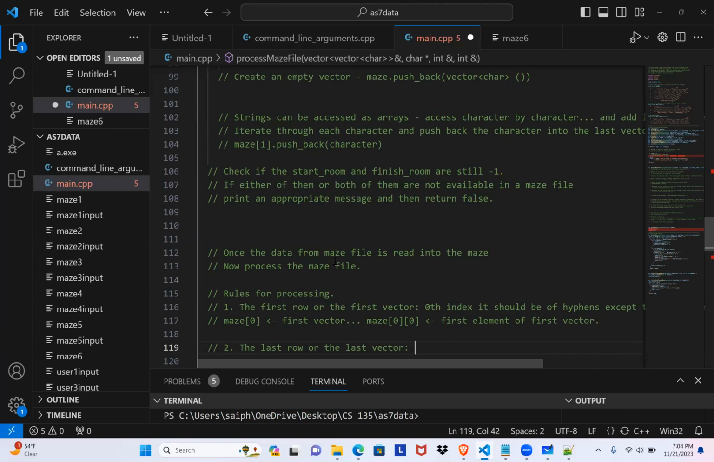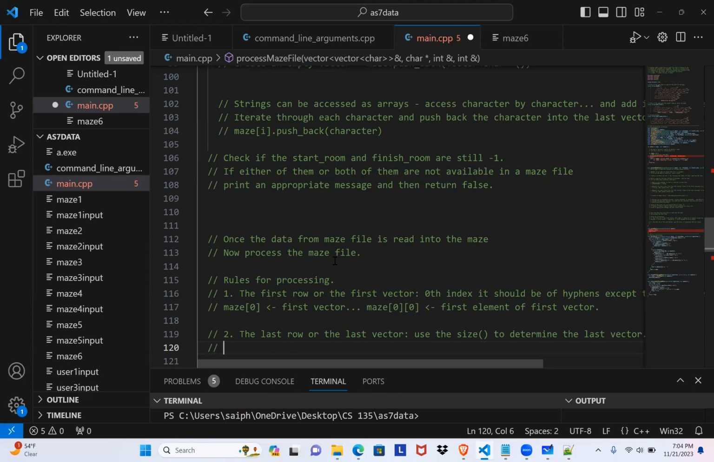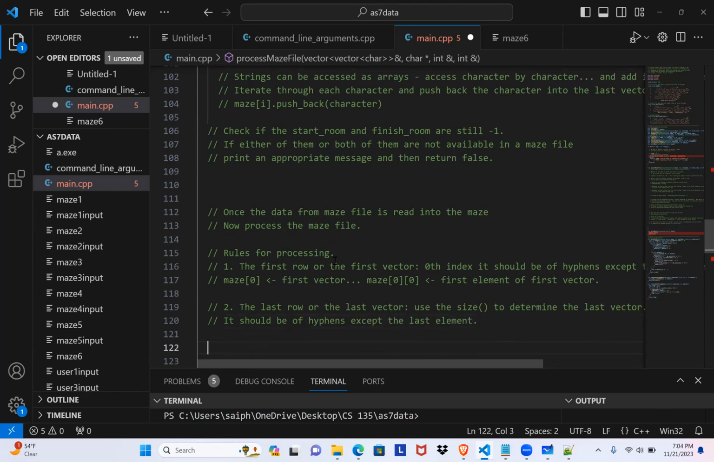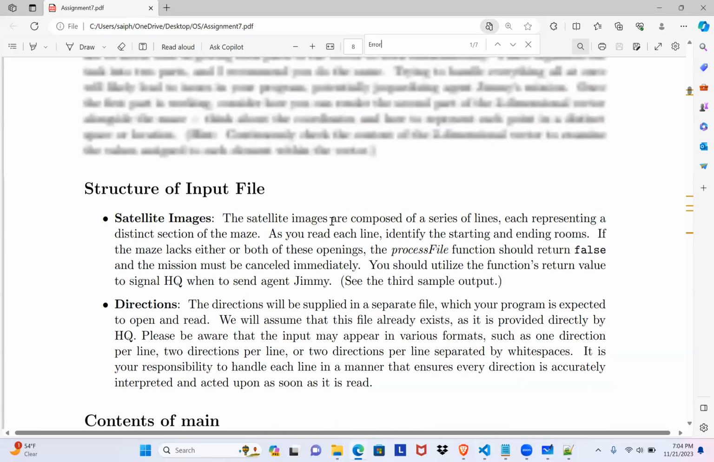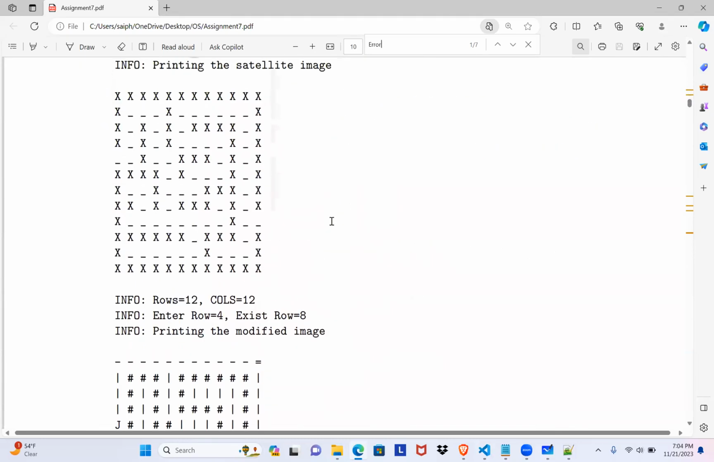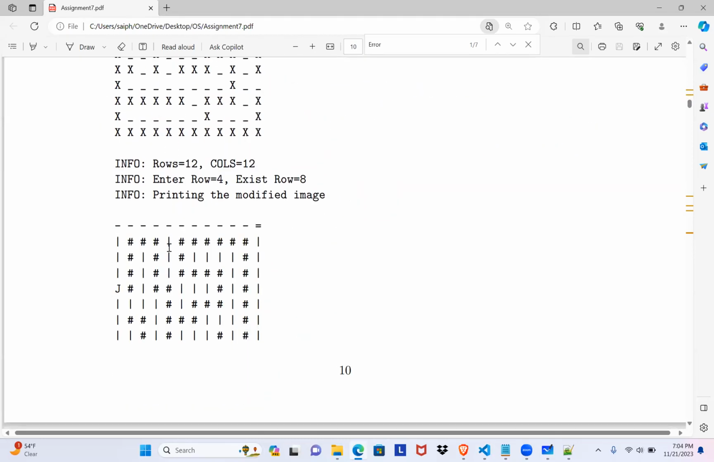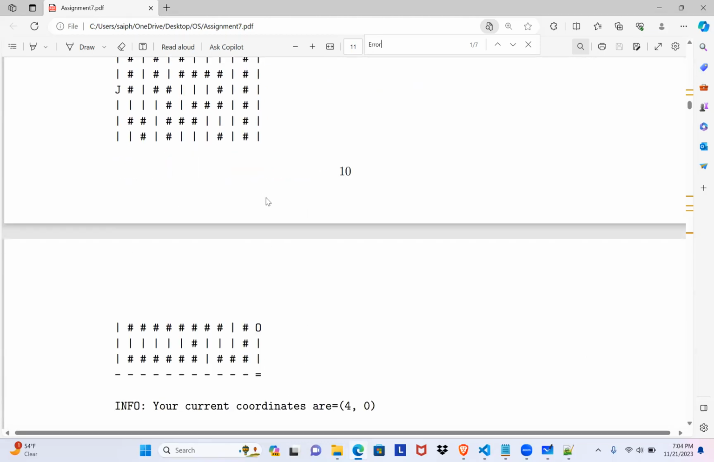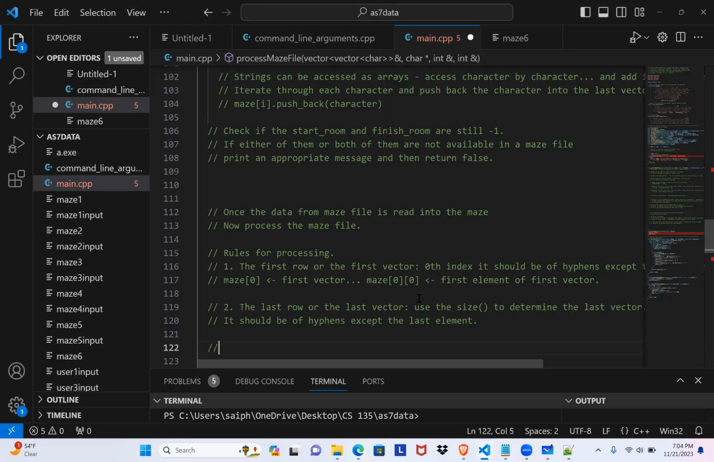And similarly, the last row or the last vector. Vector has a size function. Use the size to determine the last vector. Even the last vector should be hyphens except the last element. So we are done with handling both the first row and last row. Once we are done with handling the rows, the first row and the last row both should be hyphens. Now the third rule: